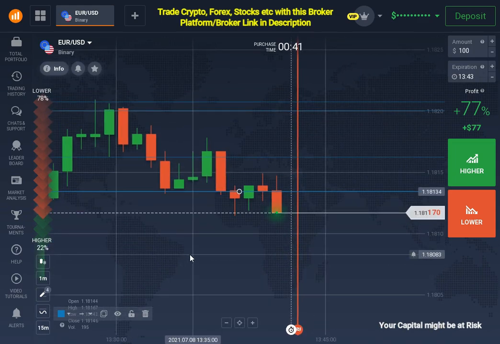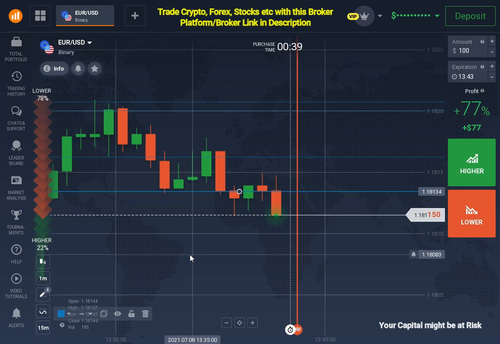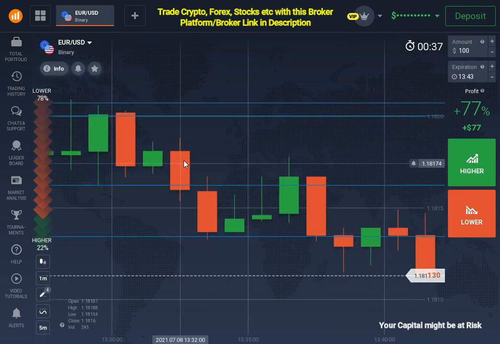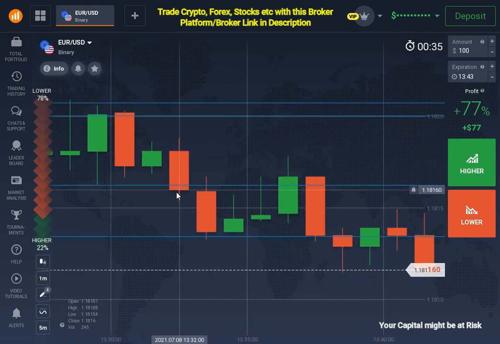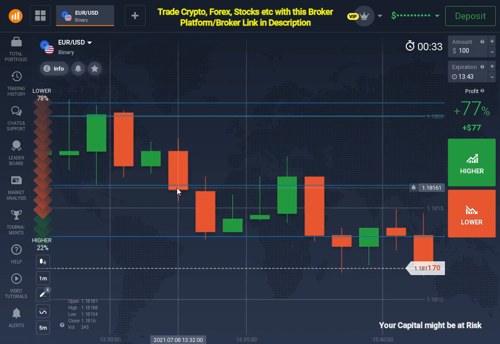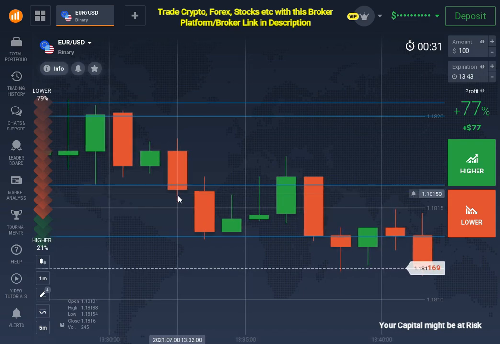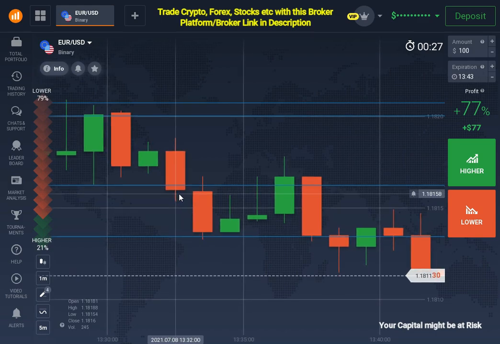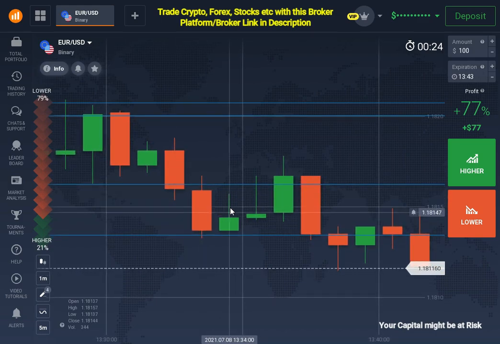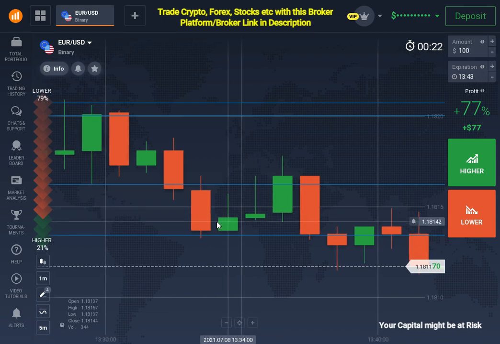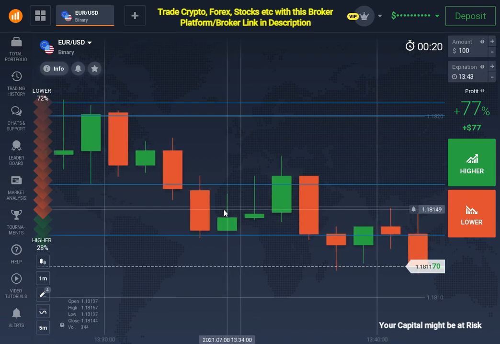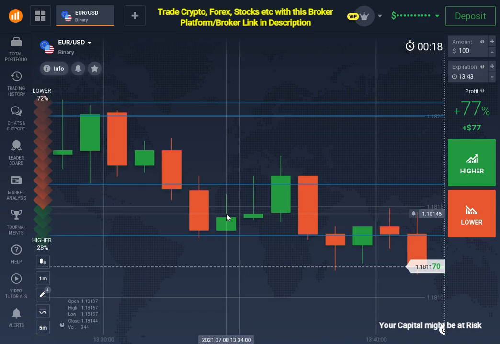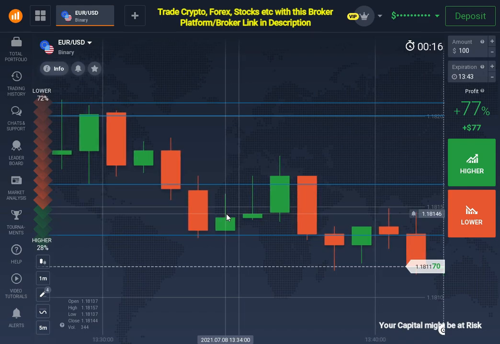So my thought process was, because I missed that opportunity, because I didn't trust that level, I wanted to place my trade according to this breakout. That's why I took a 4-minute trade and placed my trade somewhere around here to get some margin of safety also, and to complete a 5-minute trading time.